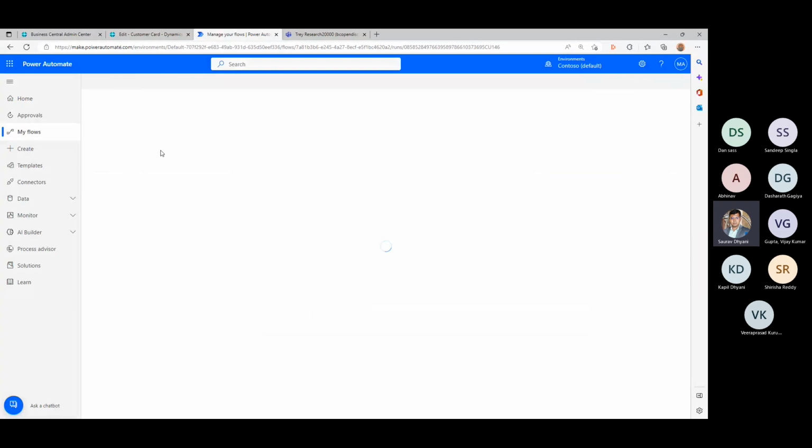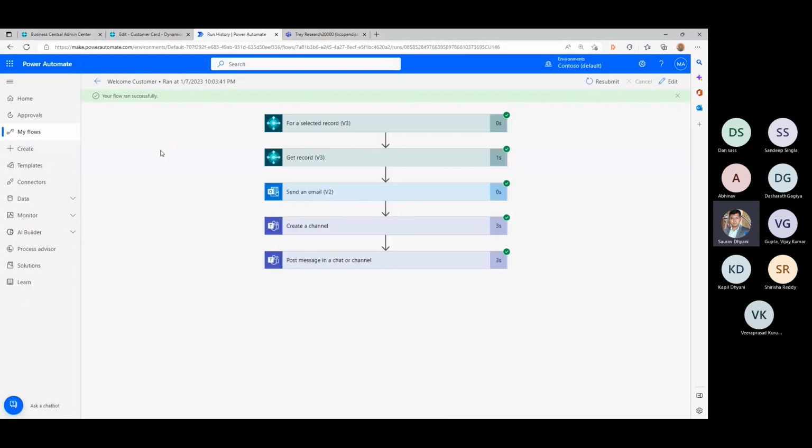But now if I try to run it again, because the team channel already exists, it will error out because I didn't do a decision tree in the middle of the flow saying it should verify whether that channel already exists with that ID or not.